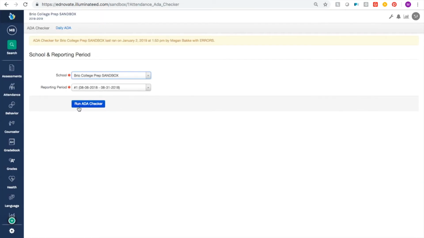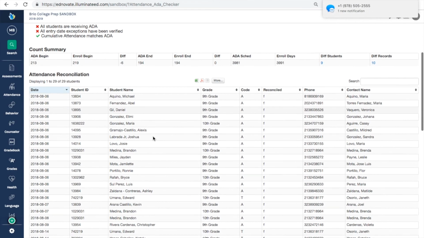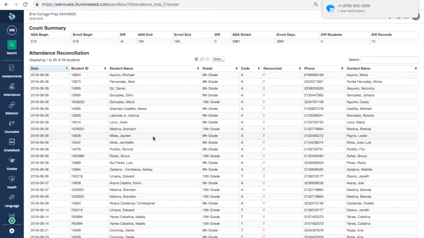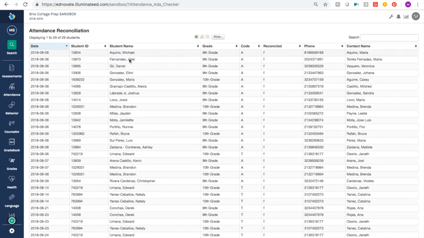We will do it for month 1 as practice. So you want to make sure that the enrollment begin and enrollment end makes sense. Most of the time these numbers are going to be fine, but take a quick glance over that. Attendance reconciliation will show you any day for a specific student that isn't reconciled, that they have this unreconciled A